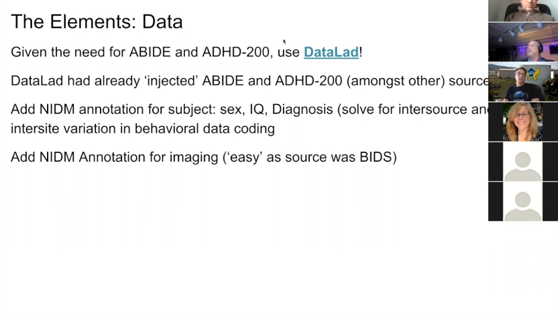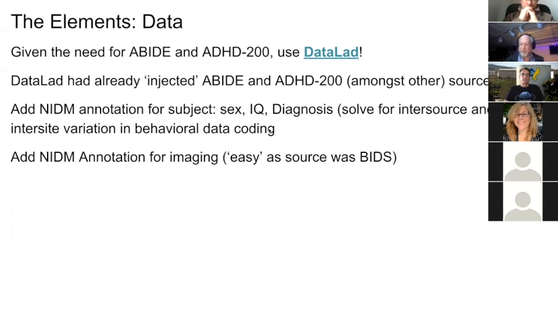So since DataLad had already picked up these data sources, the task for us, or for David Keator, who is now here, that was great, is to add the annotation for each subject, the sex, the IQ, the diagnosis, from the source data, resolving inter-source and inter-site variation in these behavioral codings, and to provide the NIDM annotation for the imaging. Since this data was BIDS, a lot of the image data representation was relatively straightforward. Again, big mess and trouble with the variation in how different data sources annotate and express these various behavioral information,